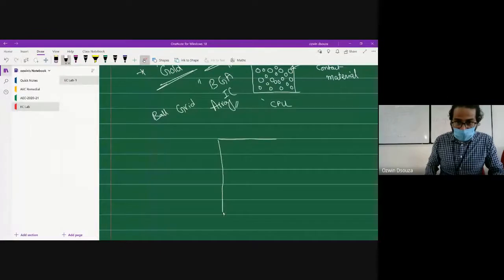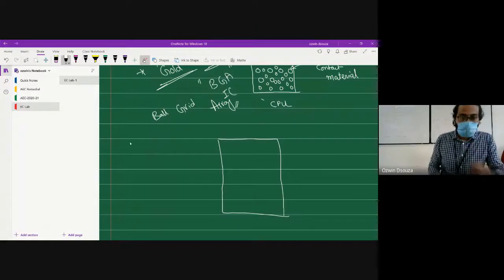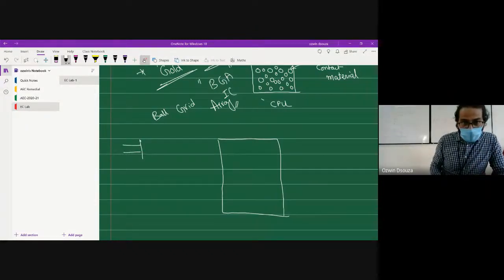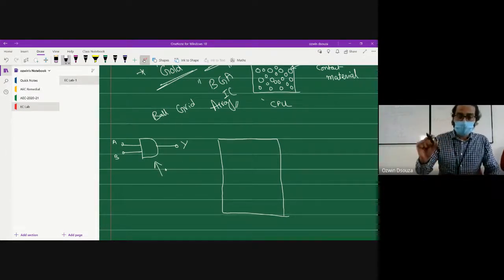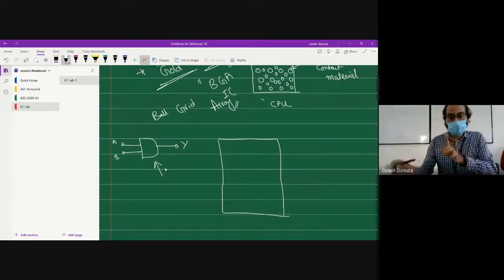Now, how do you identify the gate from an IC? If you look at the AND gate, the symbol we use to represent the AND gate is this. We popularly write A, B as the input and Y as the output. But as I have shown you, in reality, we don't give you a device of this shape. What we give is an IC. Within the IC, you will have several gates.